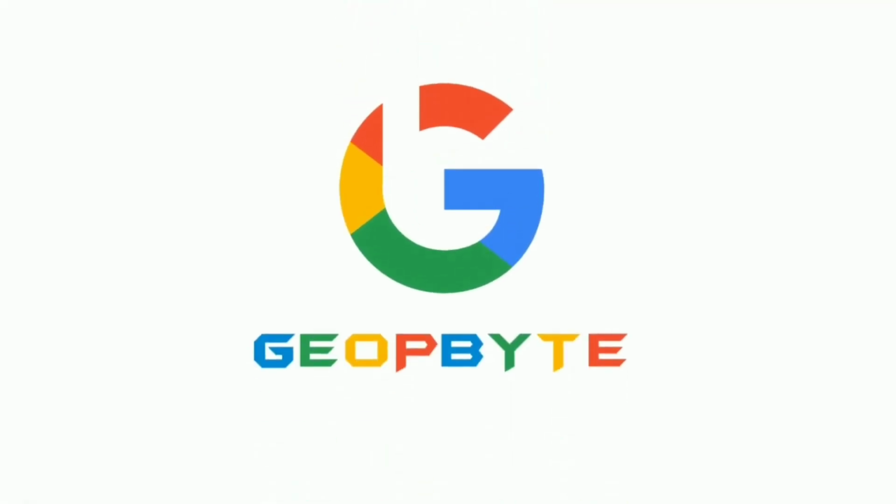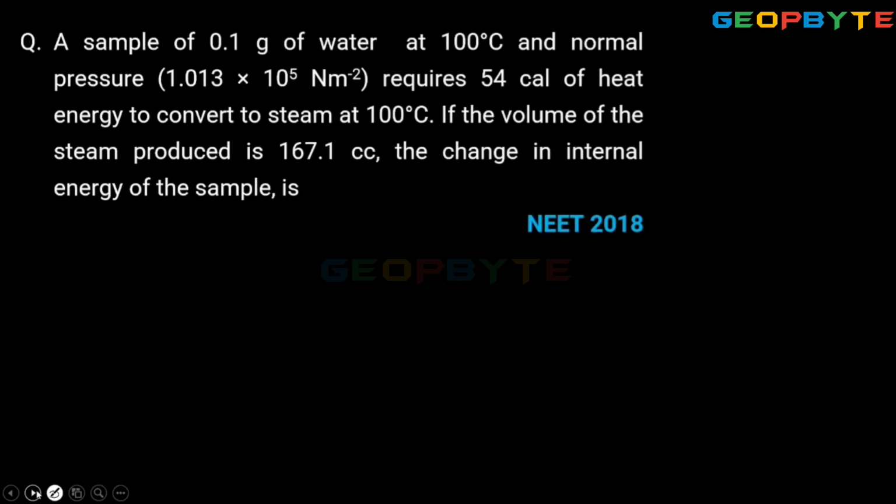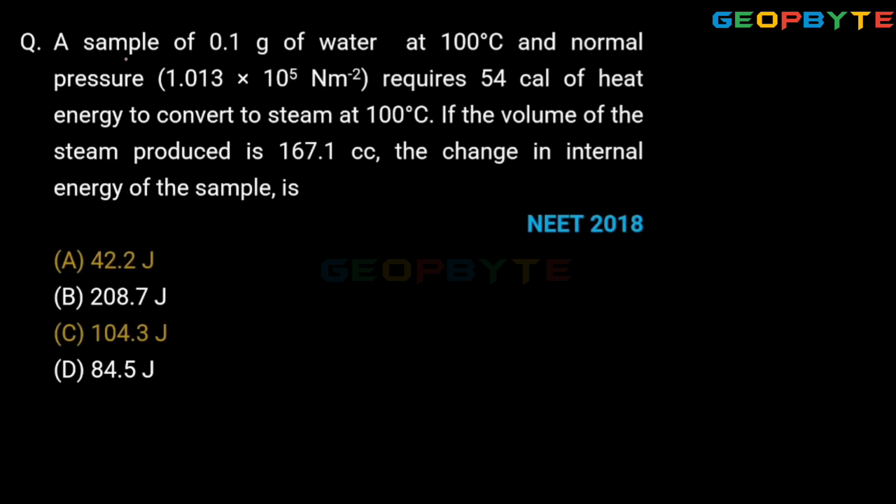Let us take another important problem. Look at the screen. It is asking like this: a sample of 0.1 gram of water at 100 degrees centigrade and normal pressure 1.013 into 10 power 5 Newton per meter square requires 54 calories of heat energy to convert to steam at 100 degrees centigrade. If the volume of the steam produced is 167.1 cc, that is cubic centimeters, the change in internal energy of